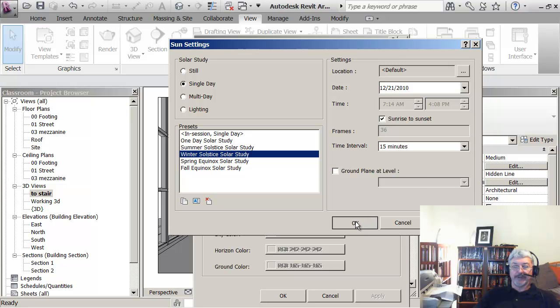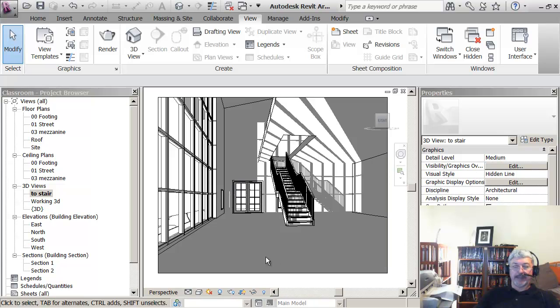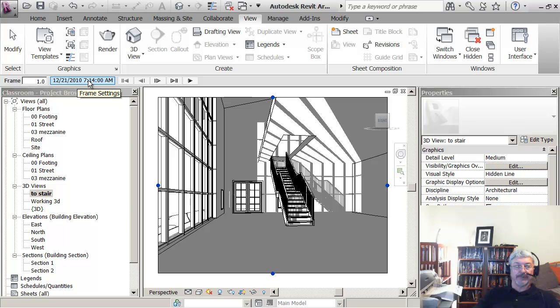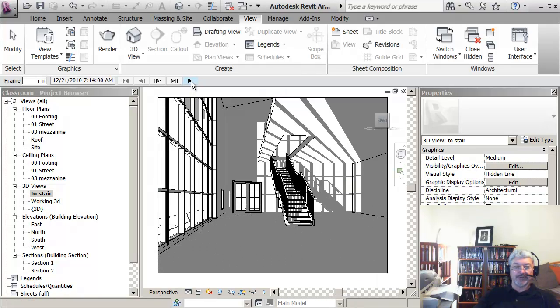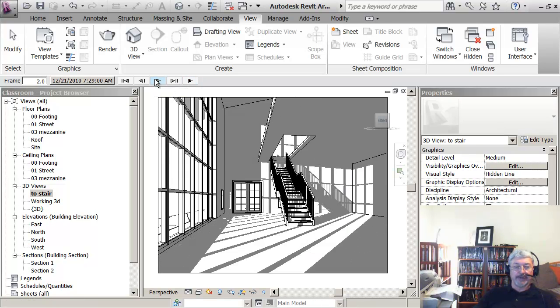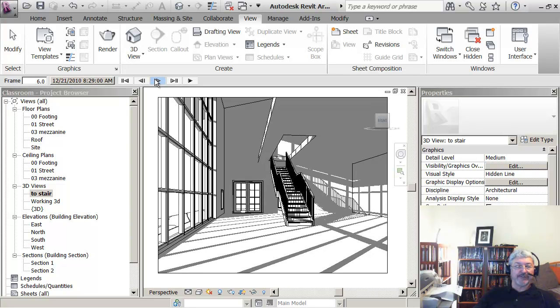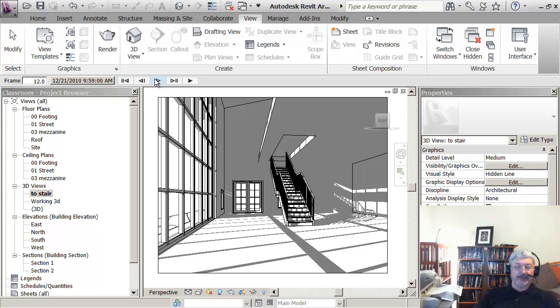So now if I do this and OK, that's what I'm seeing on the inside of my building first thing in the morning. And if I actually go to this and say preview that study and click, you see the date and the time up here, and if I say play that, that's the pattern of light. I don't know if my animation will capture this, so just in case it doesn't, what I'll show you is that I can go next frame, next frame, next frame. So in other words, if I go through to maybe something like here where it's 9:59 in the morning,